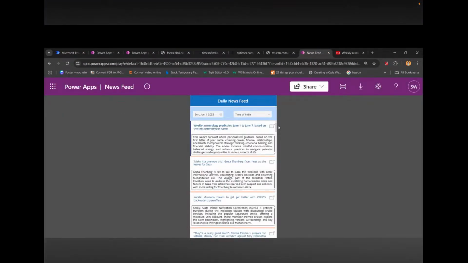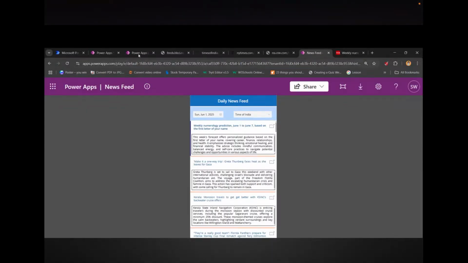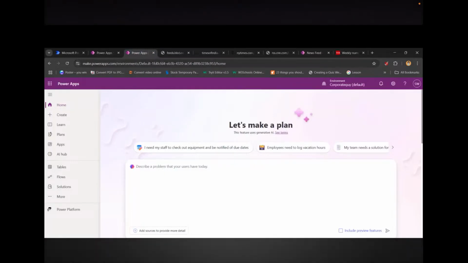So now we will go through and build this Power App step by step. So let's start this video and help you build this Power App application. You can use it on your mobile phone, on your desktop, right? So let's start. First of all, open up your Power App site if you already have the account connected,